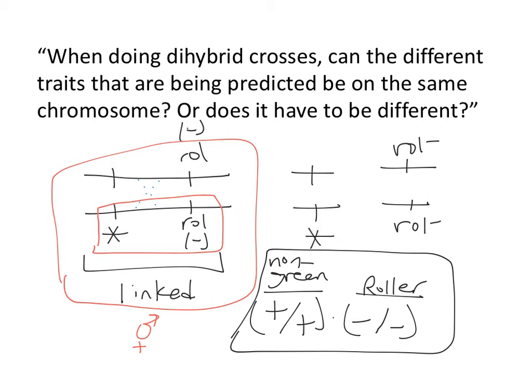I have a question. Are we just not writing the pluses for the non-green? Yeah, okay. So here's a plus. There you go. So normally I omit wild type nomenclature. That's the default. Remember, anytime you see a question, if I haven't specified a genotype, you should assume it's wild type or plus.